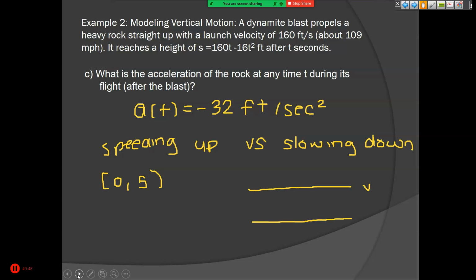Because again, you know for v of t, 5 seconds is where it changes. At v of 2, it was positive, and at 8, it was negative. And acceleration is always negative. So from 0 to 5, they're opposite signs. Therefore, it is slowing down,